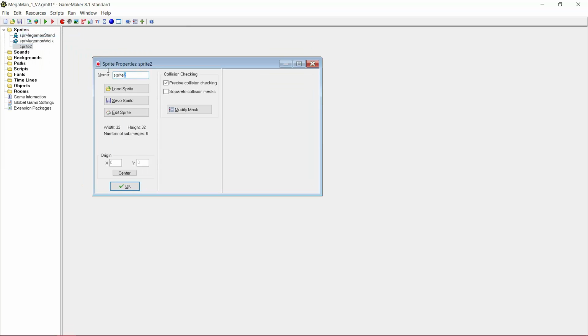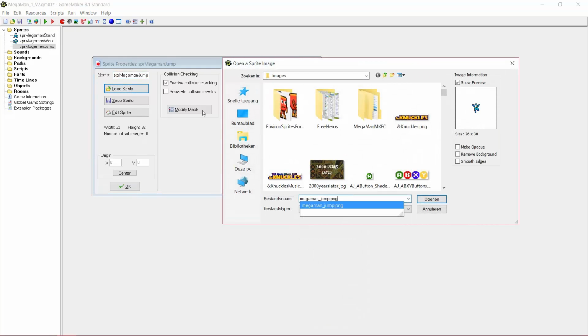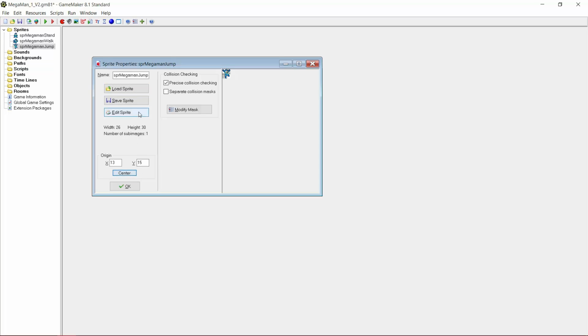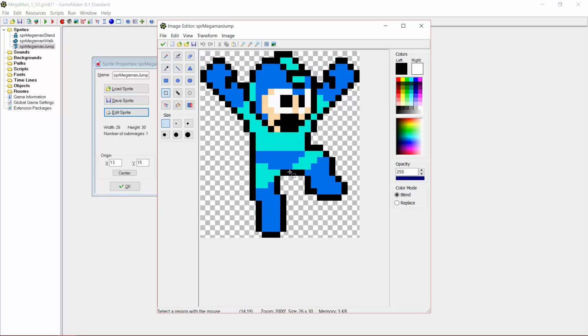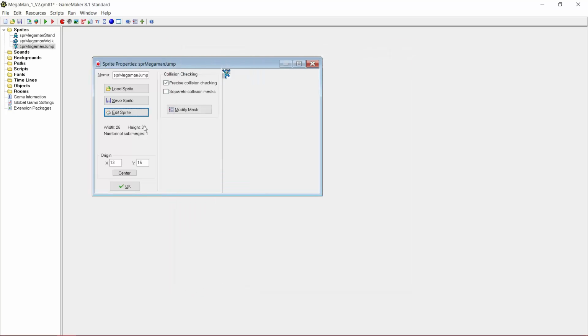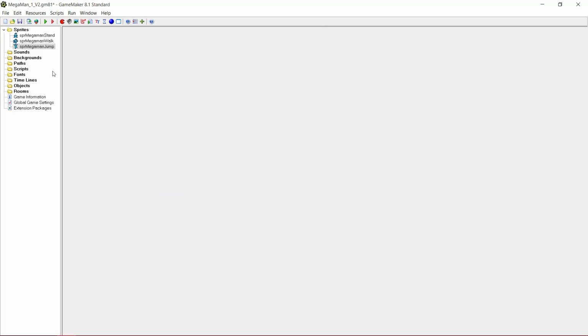Right, now sprite Megaman jump. Now here it's a little tricky, because in official Megaman games, this part under his right feet, so this thing here, is actually not checked for collision, so we need to account for that. It's, let's see, 6 pixels tall. So let's just assume that the height is actually 24 instead of 30, because 30 minus 6 is 24. So 24 minus 16 is 8, and you will need 8 here. And the last one,